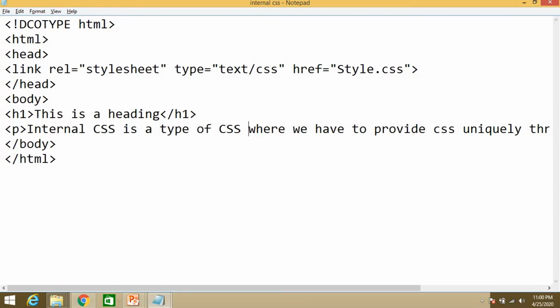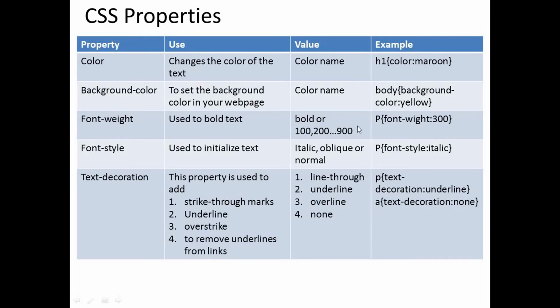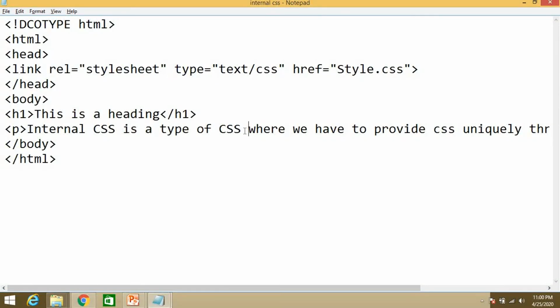Okay, the effect is not seen over here. Because we have applied on the paragraph font weight. Check the spelling also.